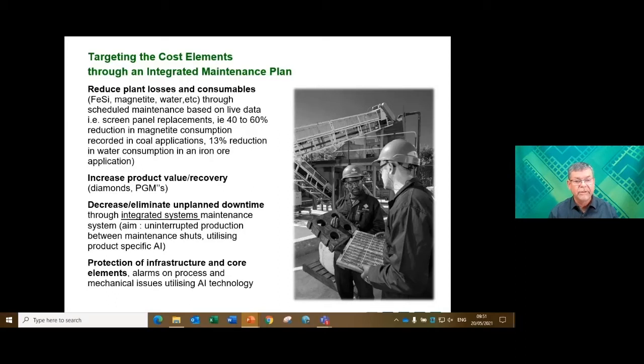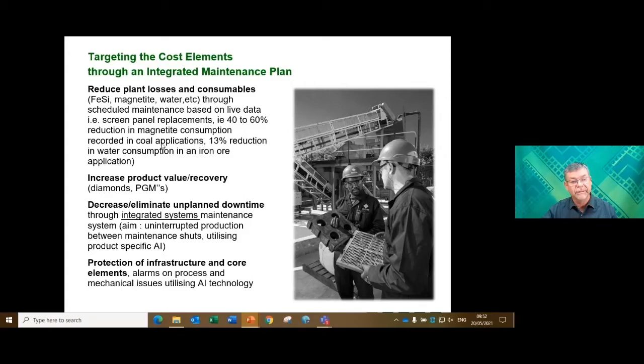If you do it correctly, you can save a lot of cost or reduce the cost input into the plant. We're looking at examples where a reduction in magnetite consumption of 40 to 60% could be achieved through better and focused screen maintenance, and water consumption through applying the right types of screen panels and changing them out at the right time. There's a differentiation between mechanical failure mode and metallurgical failure mode, and it's very important that people understand the difference